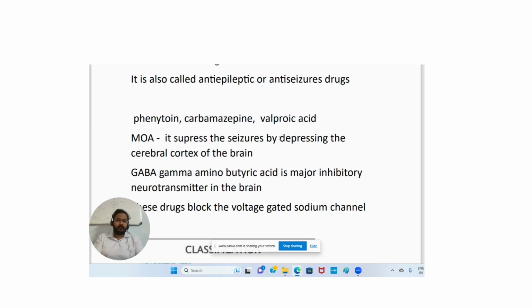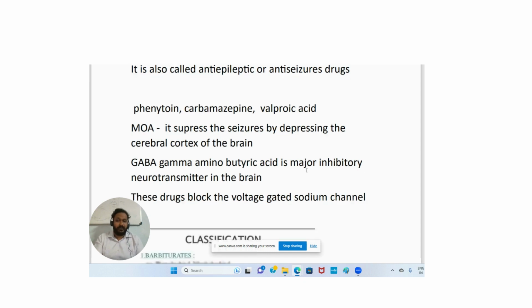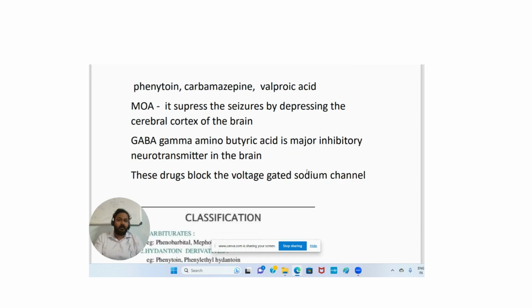The actual mechanism of action is still unknown, but scientists believe that the drugs suppress the seizure by depressing the cerebral cortex in the brain, and it enhances the activity of GABA. The full form of GABA is gamma amino butyric acid. It is a major inhibitory neurotransmitter in the brain, and also these drugs block the voltage gated sodium channel to